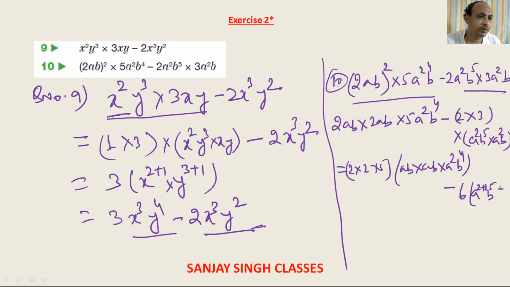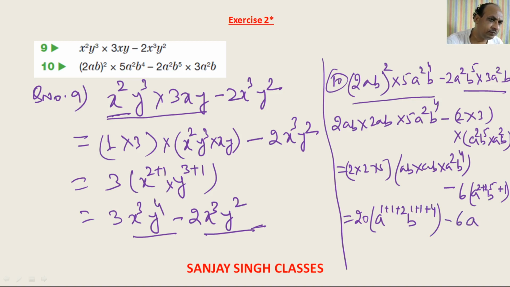This is giving to us 2 into 2 is 4, into 5 is 20, a to the power 1 plus 1 plus 2, b to the power 1 plus 1 plus 4, minus 6, here a to the power